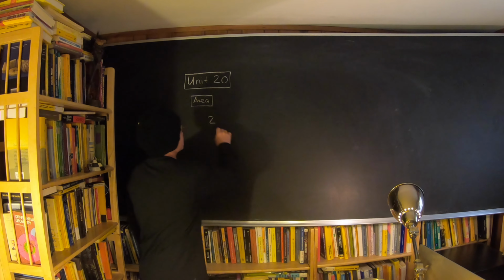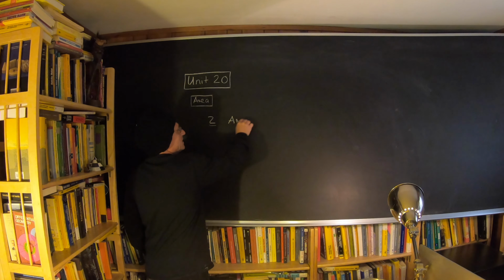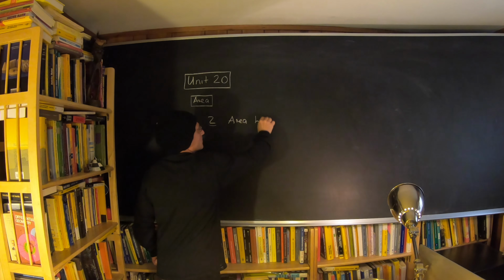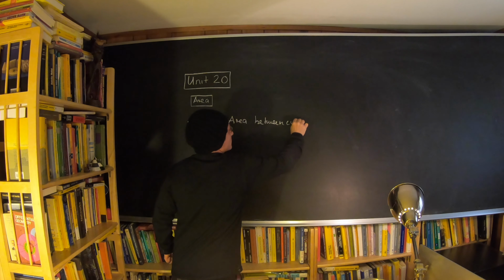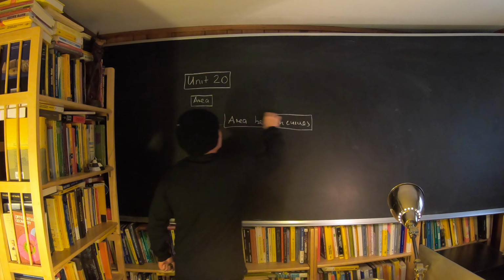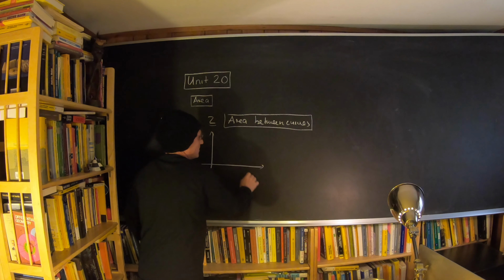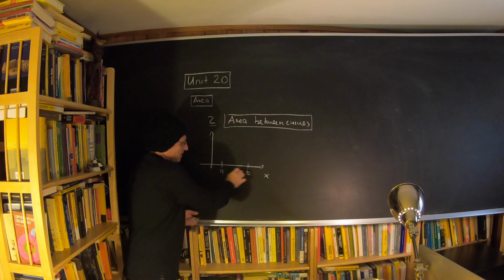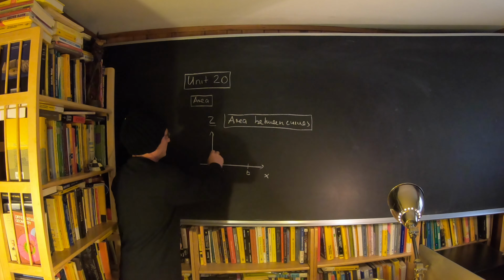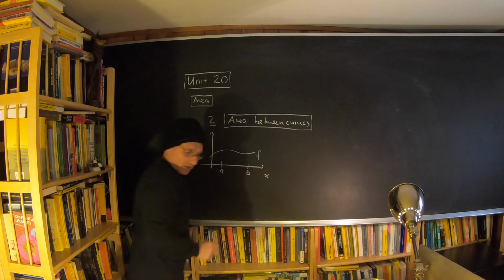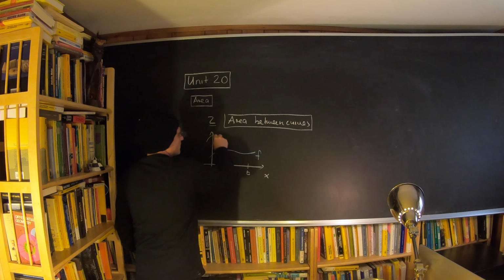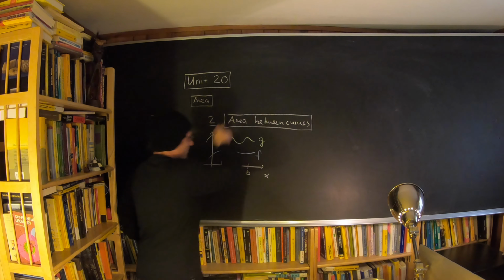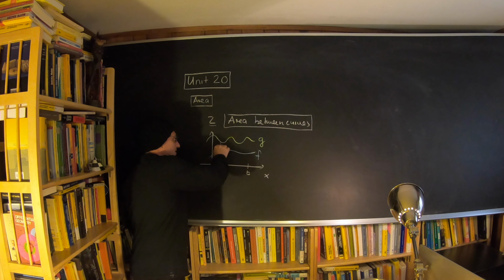We can generalize this. So we can look at the area between two curves. So if we have an interval a, b, but now we have two functions. We have a function f of x and we have a function g of x. And if we want to compute the area sandwiched between these two, this area here,